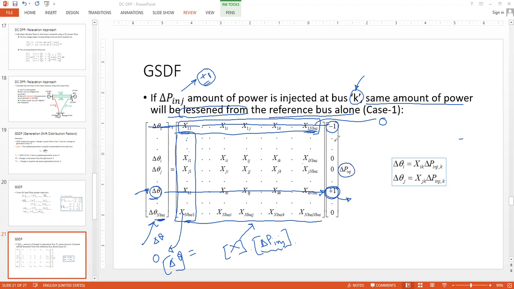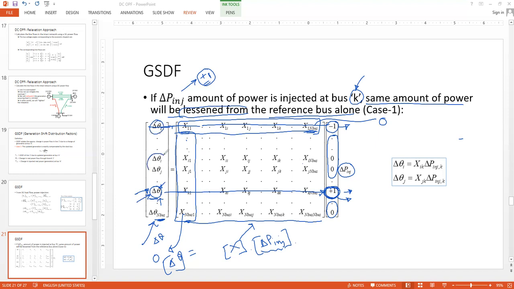And so in this exchange of power, under this scenario, no other buses are taking any injection in terms of reduction or increment. So there is no decrement or increment of injection at any other buses of the network. So the only two players are there. The compensating player is the reference bus, and the initiating player is the kth bus. So if this is the case, then for any two buses other than the kth bus, and of course the slack bus,